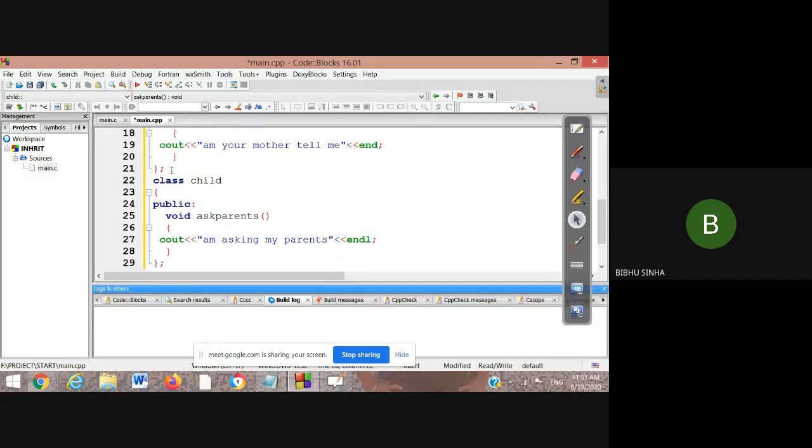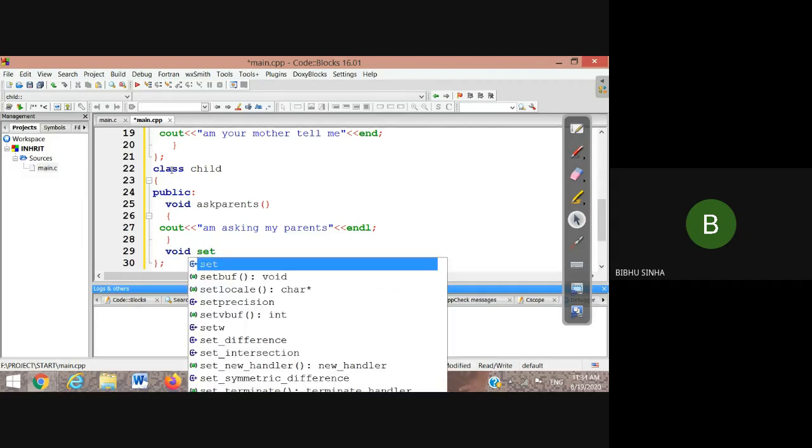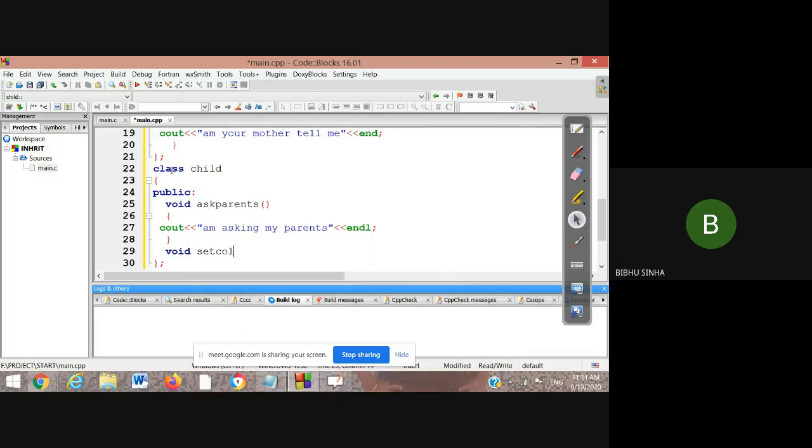So now this is for the parents. Here I am using one more method, a void method. We are going to create setColorAndHeight, sorry, set color and height. In this method we are passing two parameters.